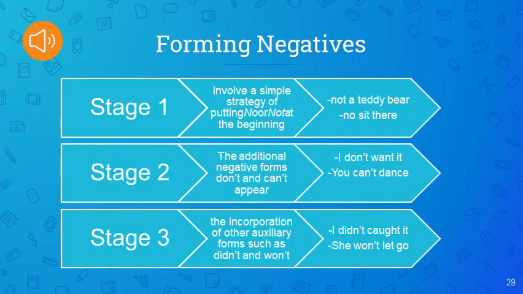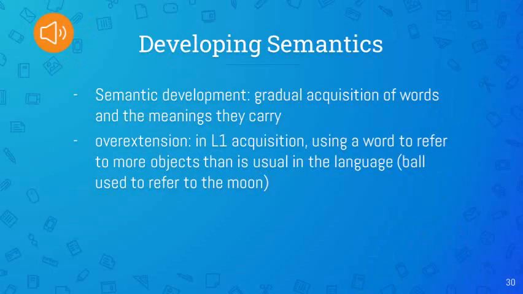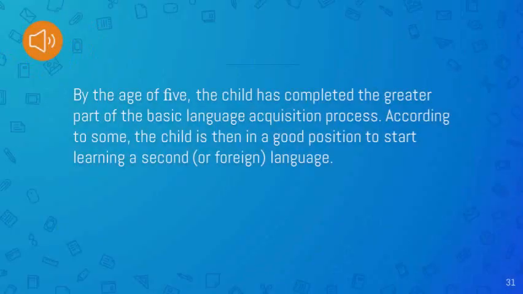Forming negatives. In forming negatives, there are also three stages. The first stage involves a simple strategy of putting no or not at the beginning. For example, not a teddy. The last is developing semantics. Semantic development is a gradual acquisition of words and the meanings they carry. By the age of 5, the child has completed the greater part